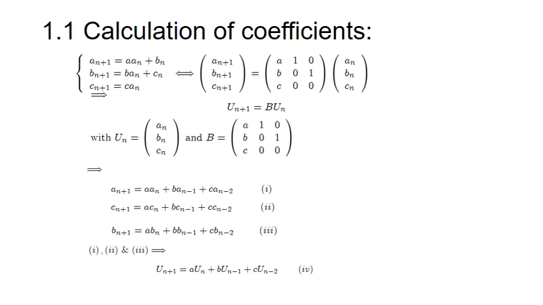We use matrix B. So we have this relation, always the same, of a_n, c_n and b_n. Using the first, second and third, we have the fourth relation,